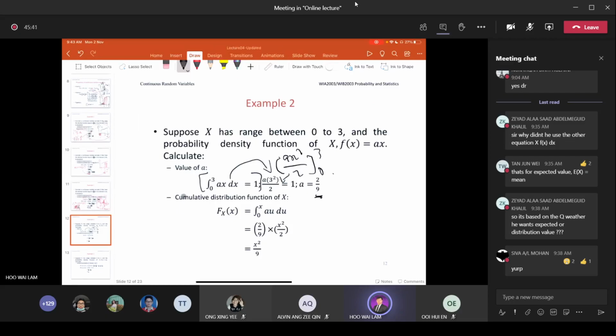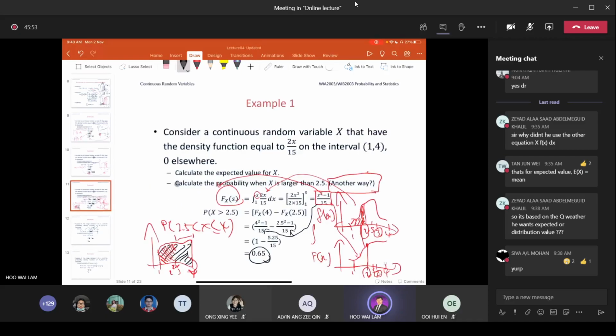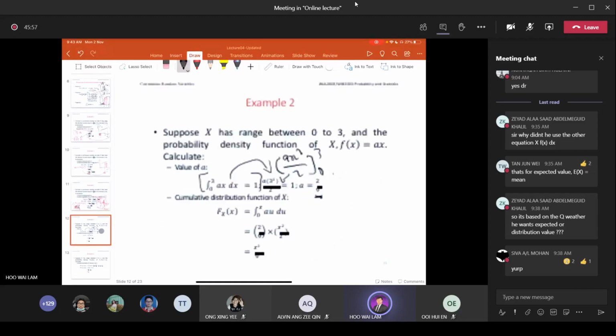Then this one, cumulative distribution function of x. So how are you able to calculate the cumulative distribution function? This one is a bit different way for you to rewrite. Just now, when you were rewriting this one, you were replacing this value. This time you are actually replacing another value to become your random variable. So in that case, when you are changing it,